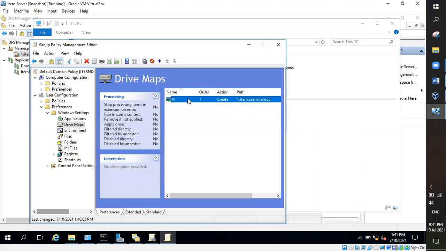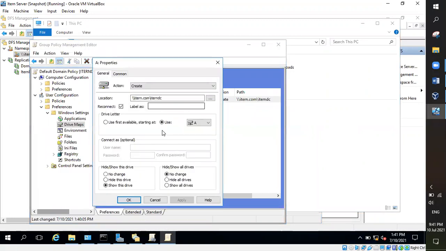So let's just check again what we've done here. Action is to create, right? And then, are you supposed to click show all drives? Okay, show all drives as well. Reconnect, yes. Use first available. Can we change? Let's just pick another random